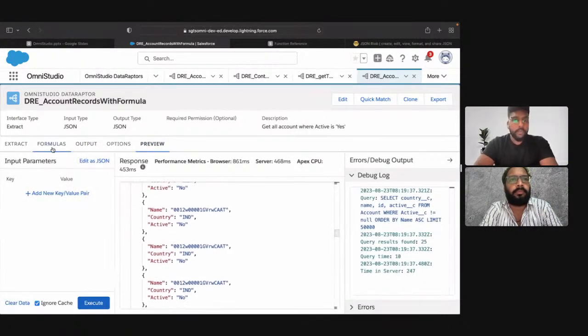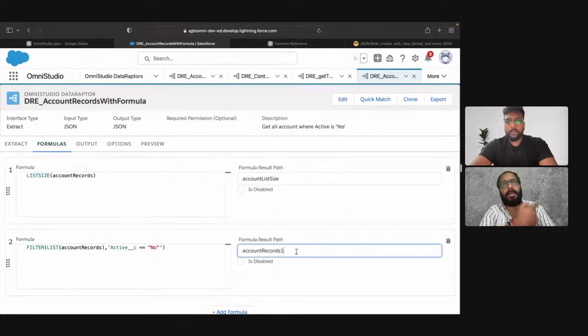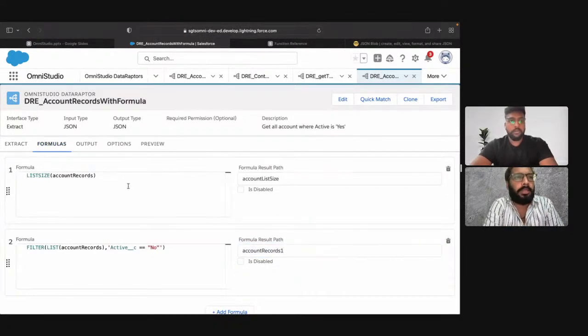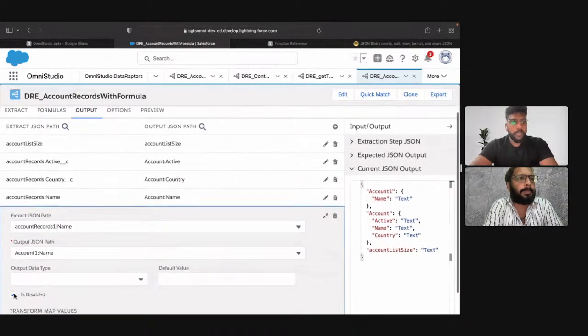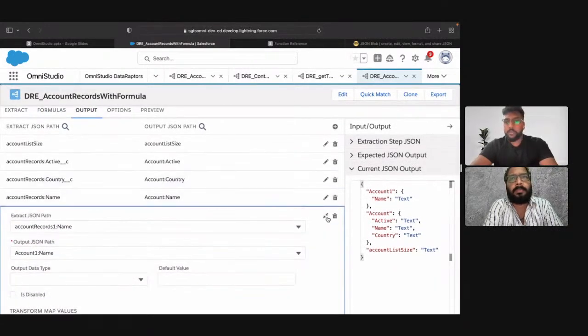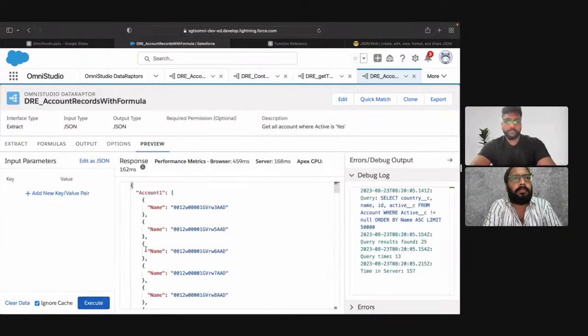Okay, it's getting multiplied. Maybe I think we need to use a different name, because in the previous formula also we are using the same name. Yeah, maybe. Yeah, it could be possible. But if I go to preview again,